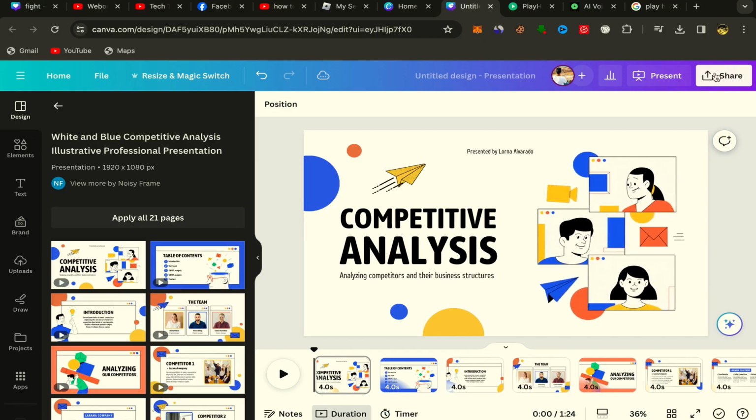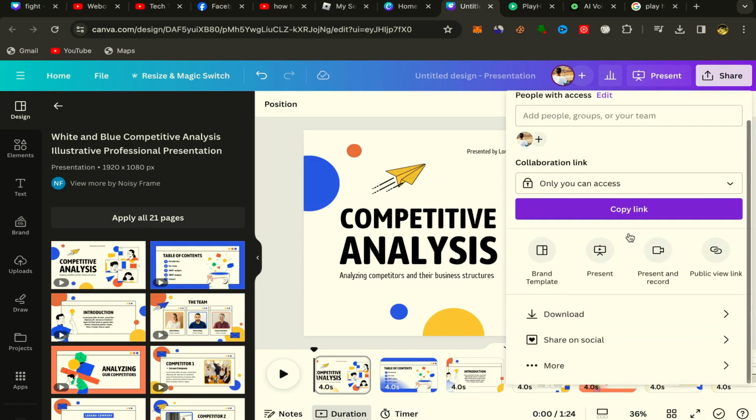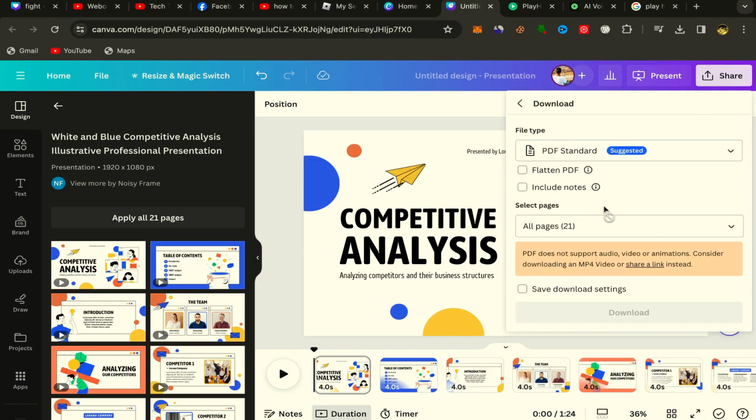From your Canva project, go up to the top right corner and click on the Share button. From there, select Download. By default, you might see PDF as the suggested option, but we're going to change that. Click on the File Type drop-down, and from the list, choose MP4 Video. Once you've selected that, you can also decide whether you want to download all the slides or just a specific